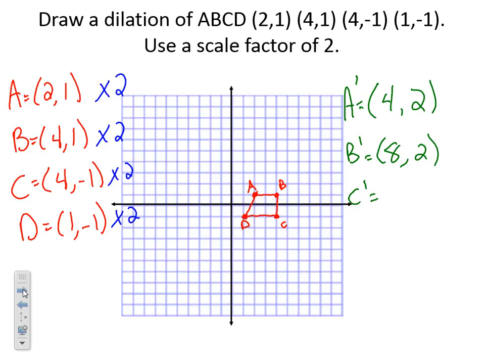C prime will become 4, negative 2, and D prime will become 2, negative 2. Plot these points out here for us. So 4, 2, this is going to be A prime. B is going to be 8,